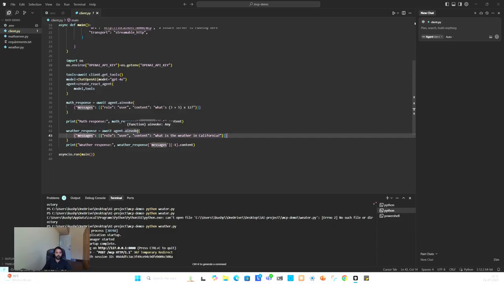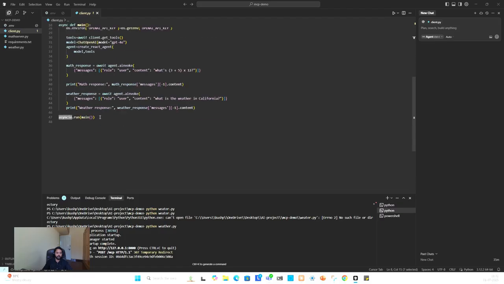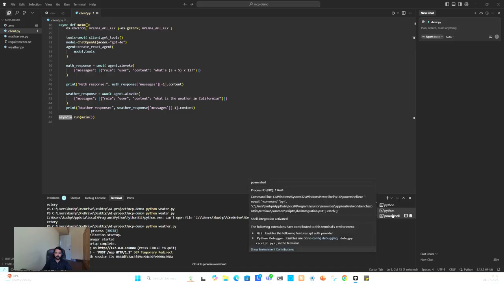Similarly, we are invoking the weather MCP server through this agent, and we are asking what is the weather in California. Now I'm printing it here also. We are using async here. If you are using async, you need to import asyncio, and you just need to run asyncio.run. When we started this client.py, we got the math response as 96, and the weather response